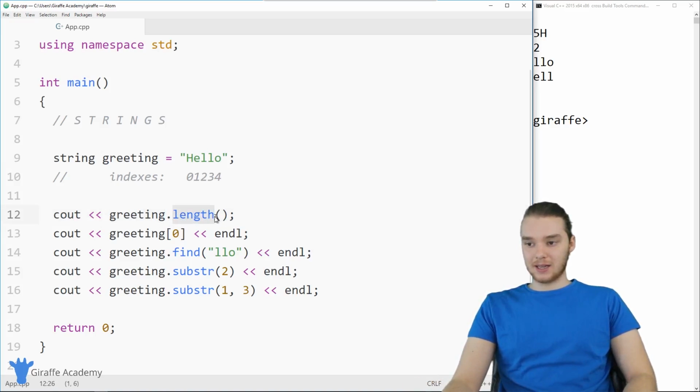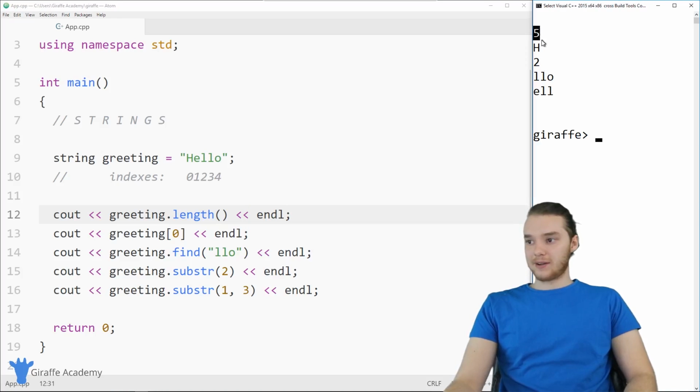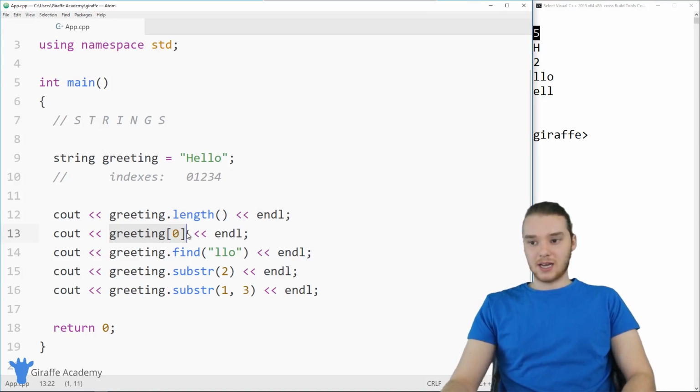So I can say greeting.length(), and that will give me the length. Actually, if I put endl here, it'll be a little bit easier to see. And you can see over here, we're getting 5, so that's how many characters are there. You can also access specific characters inside of the string. So I could say greeting[ ] and then the index. If I say greeting[0], it gives me this H because that's the first